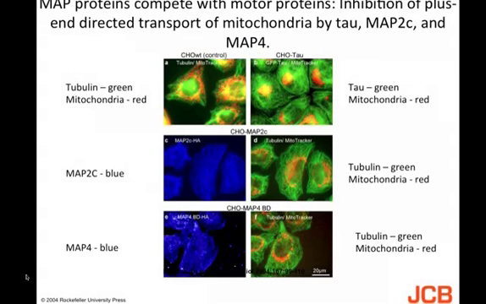Okay, so it's nice to orient yourself in what you're looking at there. So here you've got your control cells. It says right here what they're standing for, tubulin, mitochondria, right? And then here, these are these stable cells that are overexpressing, where they've got their tau in green, so microtubules, and your mitochondria are red. This is what's happening with your mitochondria when tau is overexpressed. And they did three proteins. You've got tau, you've got MAP2, you've got MAP4. And every single one of those elevated your